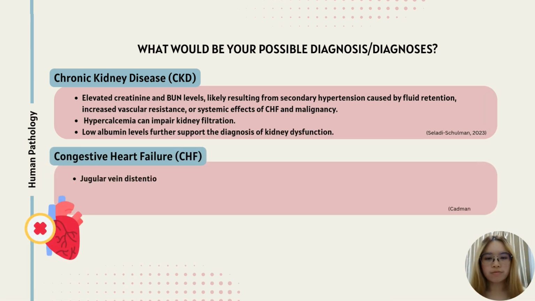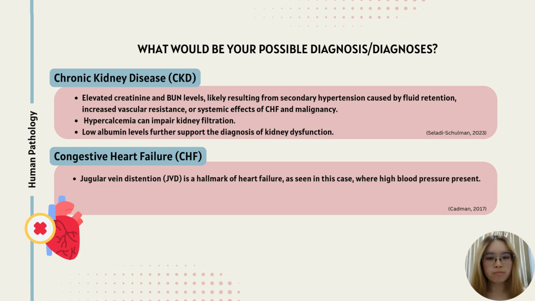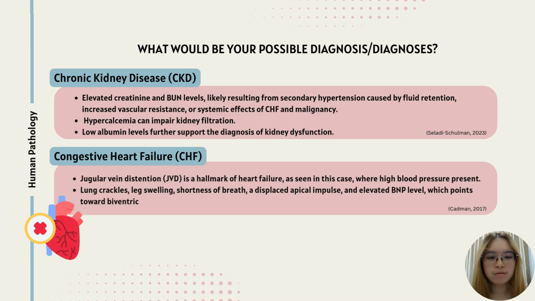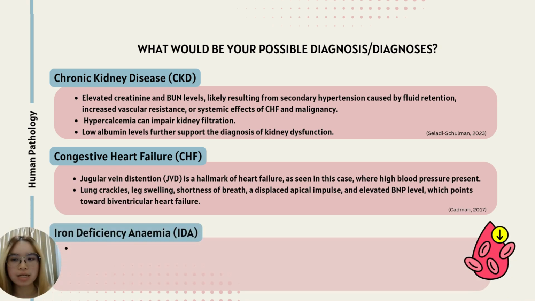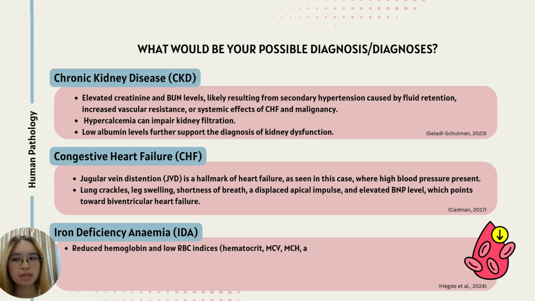Fourthly, congestive heart failure. In this case, high blood pressure is present in the patient. Also, jugular vein distension is a hallmark of heart failure. Furthermore, lung crackles, leg swelling, shortness of breath, a displaced apical impulse, and elevated BNP level point towards biventricular heart failure. Lastly, this patient also has iron deficiency anemia, evident from low hemoglobin, low red blood cell indices such